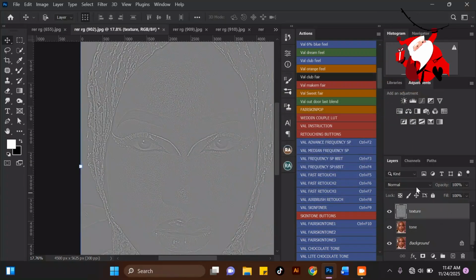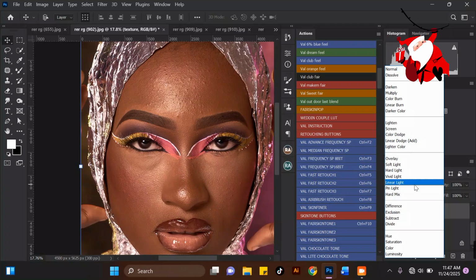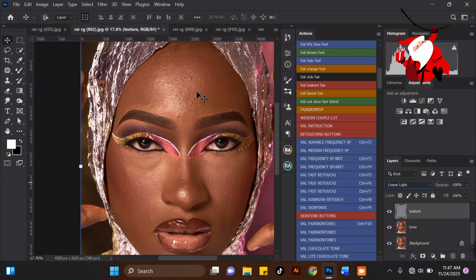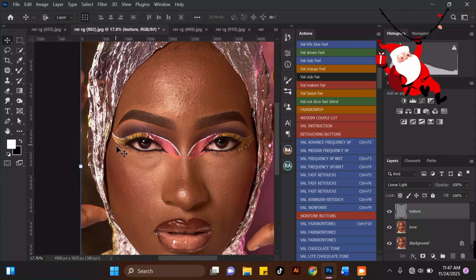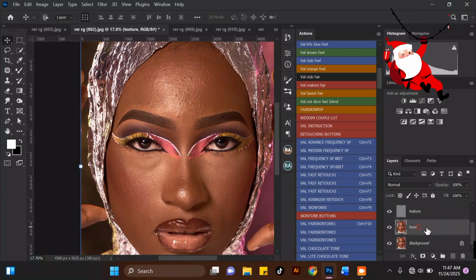Now here you change the blending mode of this to linear light, to bring it back to normal. Okay, so here you have created your frequency separation. Now this is the texture and this is the tone. So automatically every texture in this image is now in this texture layer, and the tone is on its own layer. Okay, so now you can work on the tone of this picture using your mixer brush,